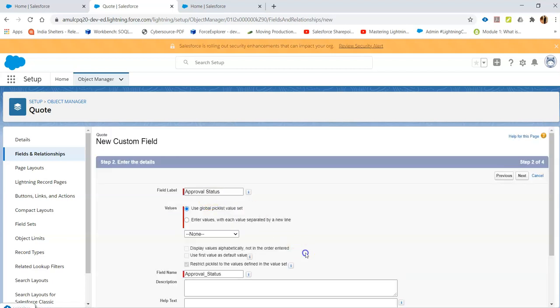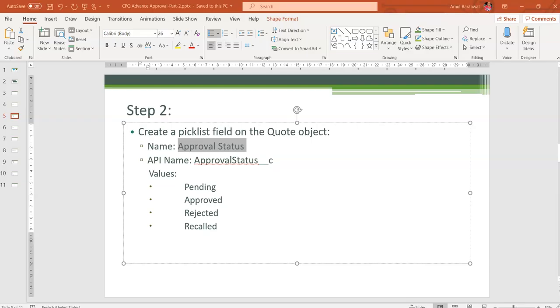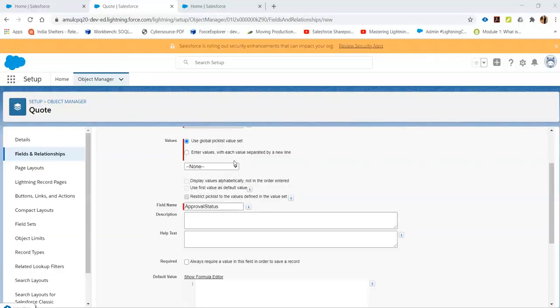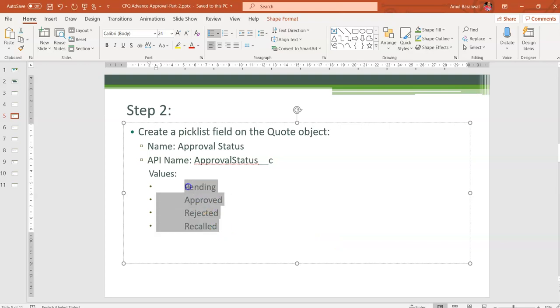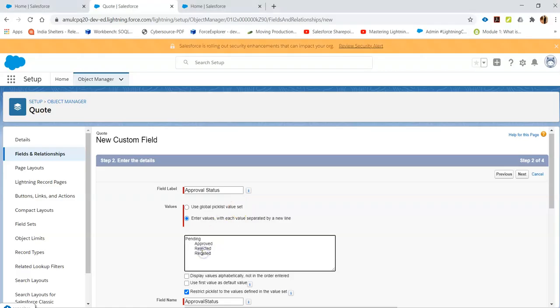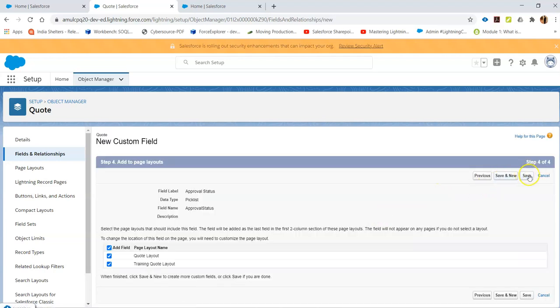Type the field name approval status. Remove the underscore sign, because you have to keep in mind this API name is without space or underscore. The values for approval status are pending, approved, rejected, and recalled. Put it on the layout of quote. Click on Save.